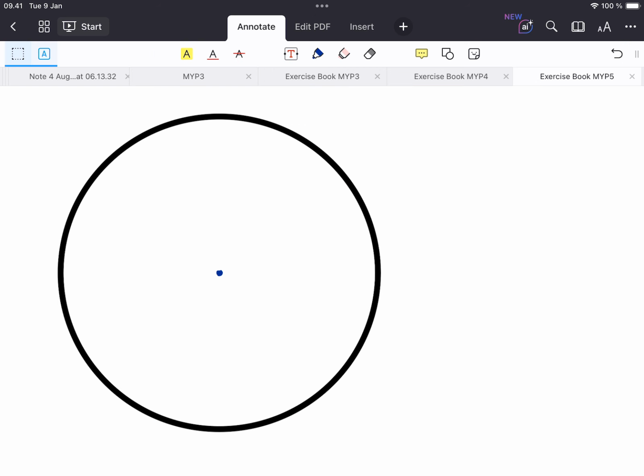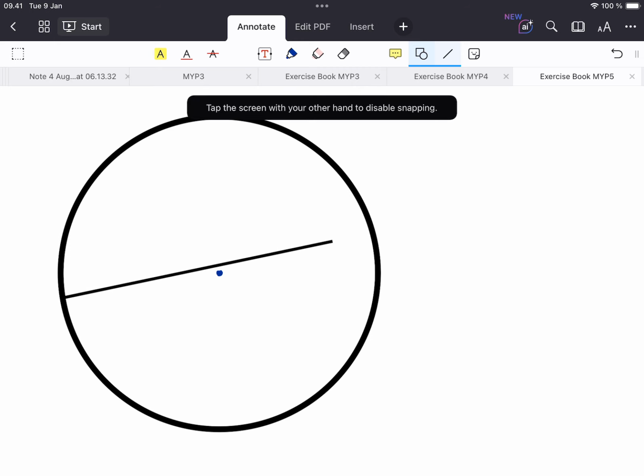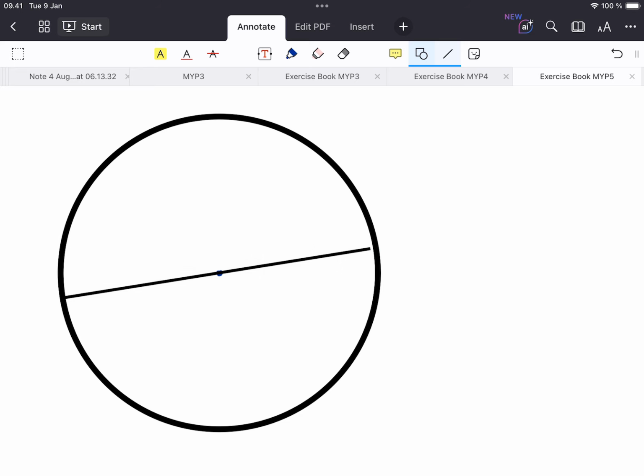Okay, we're going to have another construction now. So once again, I'm starting with a circle with the center clearly marked in the middle. There it is. And this time, our 2 points are going to be the 2 ends of a diameter of the circle. So there's the diameter of the circle just going through the center, and our 2 points are going to be at the ends of the diameter,